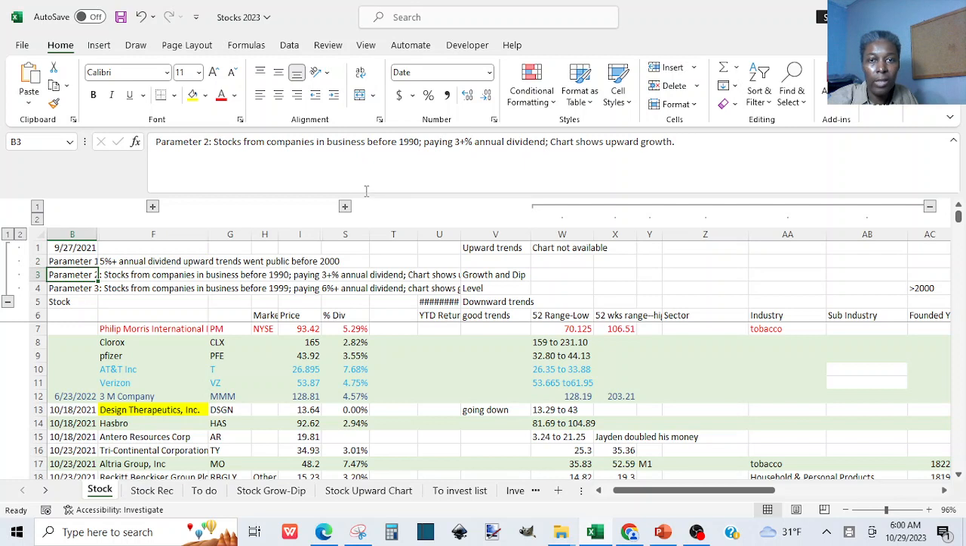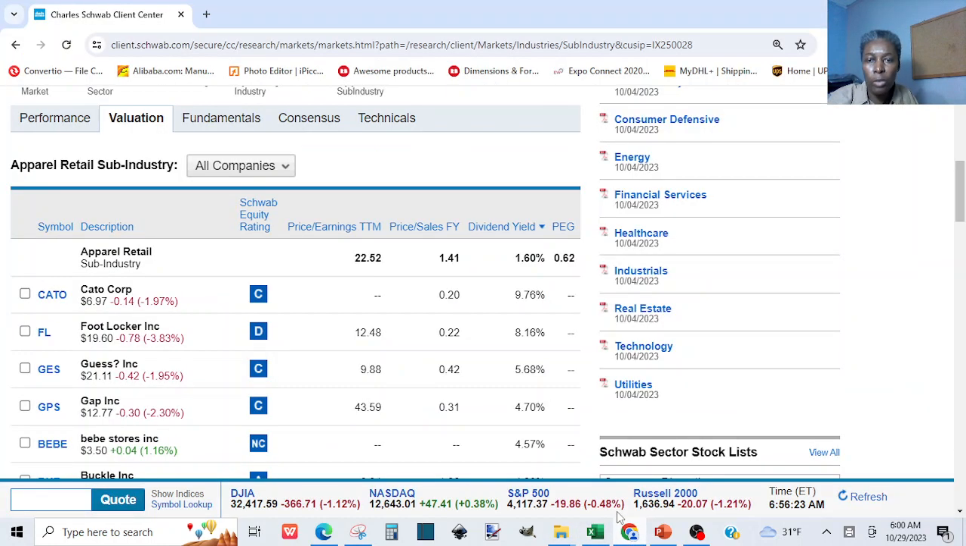The second criteria is using 3%. The third one is using 6%. So that means for us, we want to select companies that are paying 3% or more in annual dividend yield. So depending on your goal,